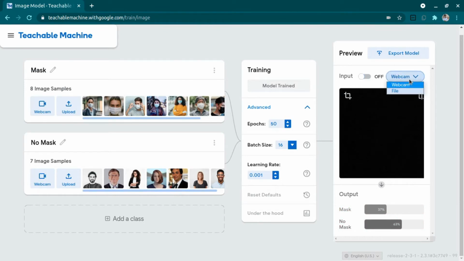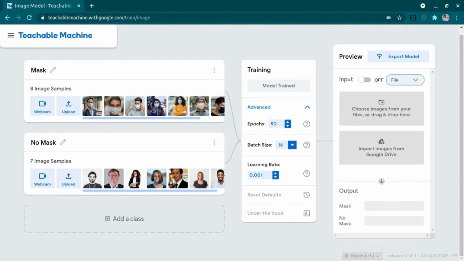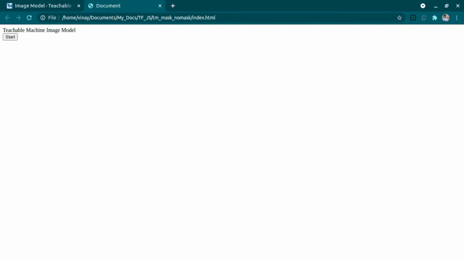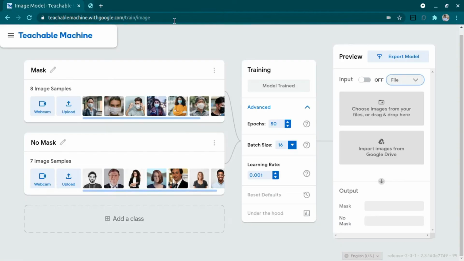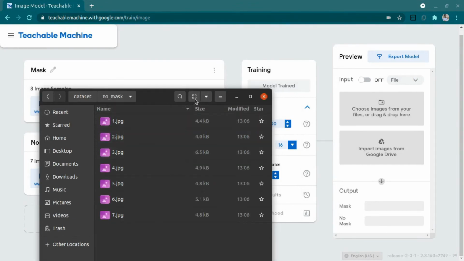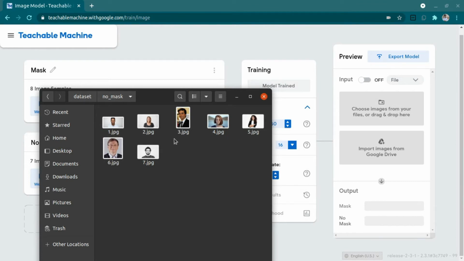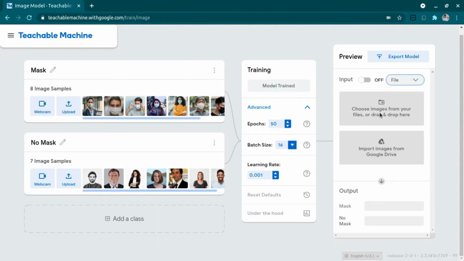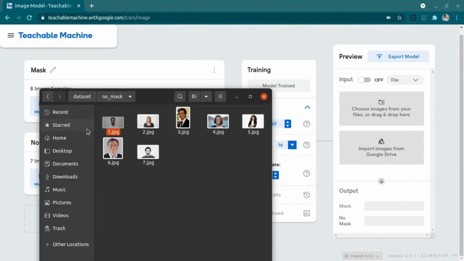The model is trained. We will be uploading with file, so I just change that to file. It will not work if you keep the input mode off.